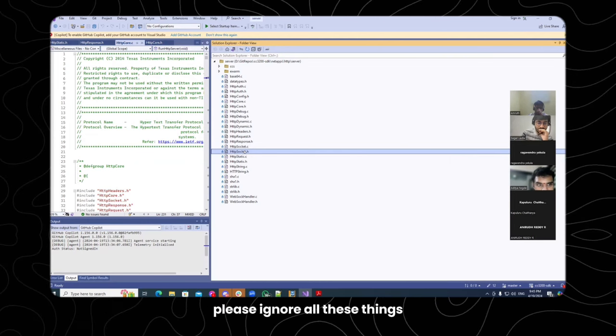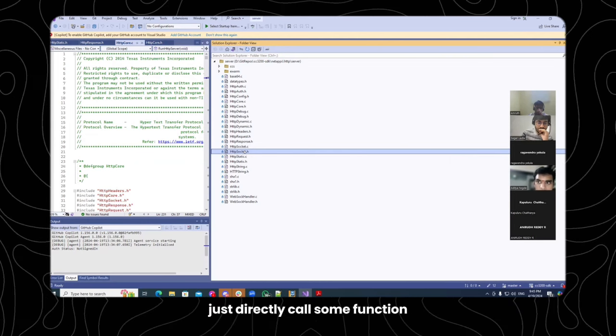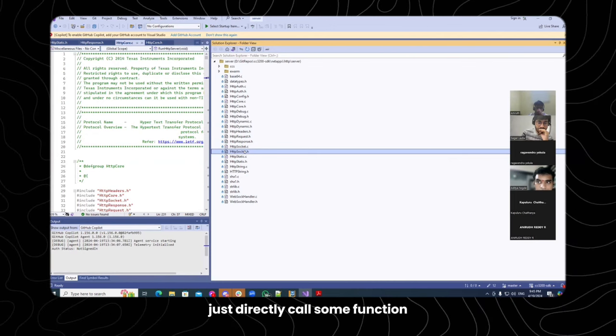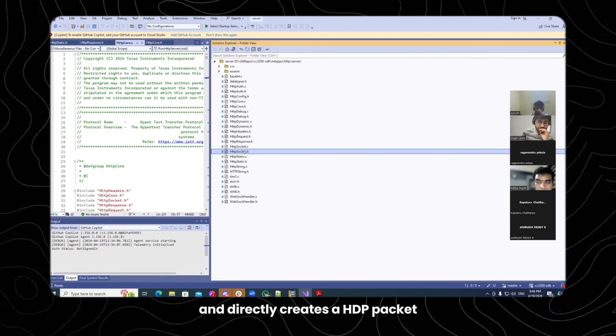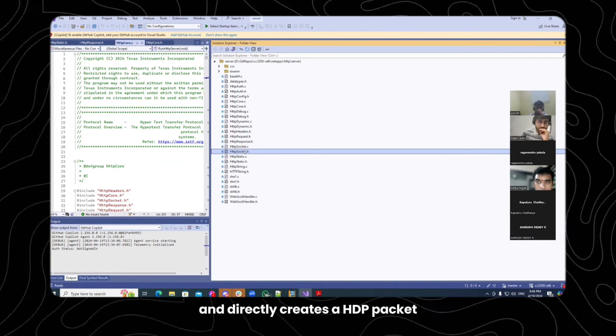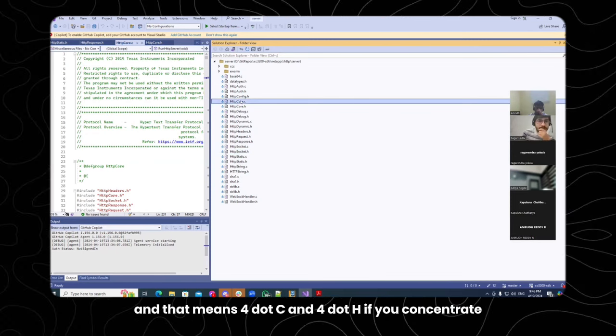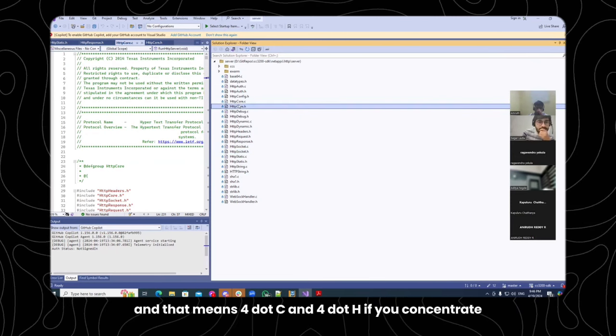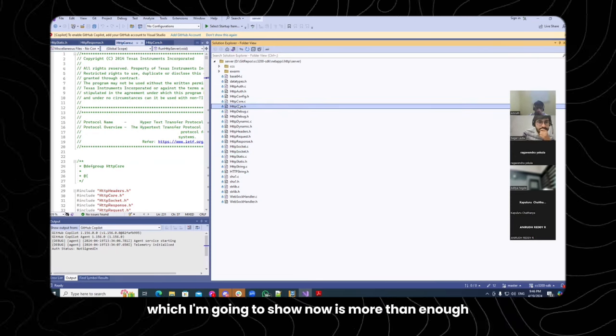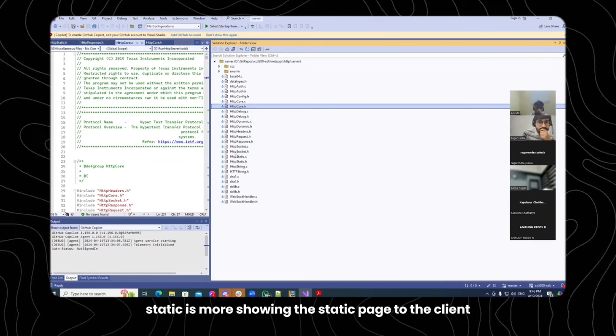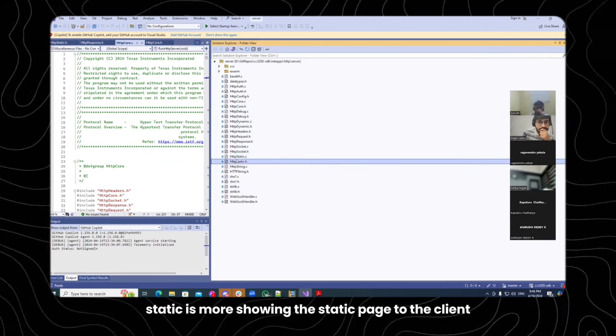For you, ignore all these things, directly call some function which takes your data and directly creates an HTTP packet. That means core.c and core.h, which I'm going to show now, is more than enough. Static is showing a static page to the client.